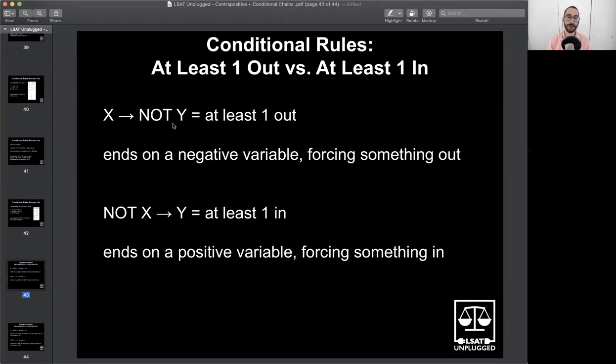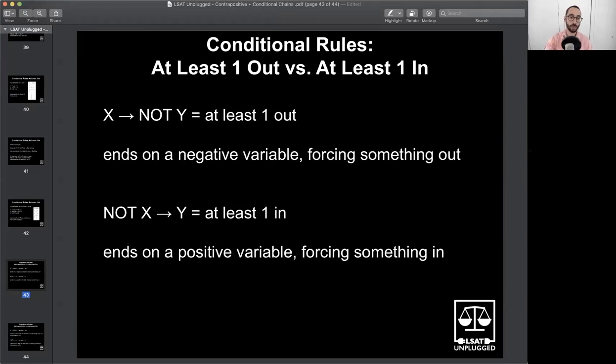So think of it as like we're ending on a low note. We're ending on a negative. That sucks. We're losing something. Alternatively, if we end on a positive note, well, that's upbeat. We're getting more stuff. We're establishing a minimum such that at least one of the two must be in. We're gaining things. In this case, it's vegetables, which maybe isn't the most exciting, but that's the nature of the